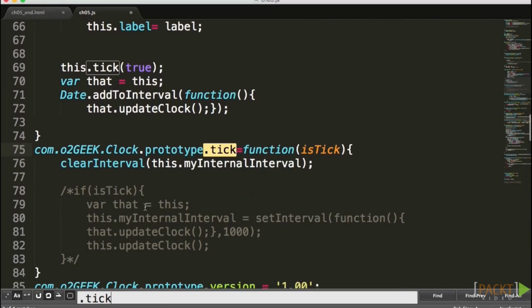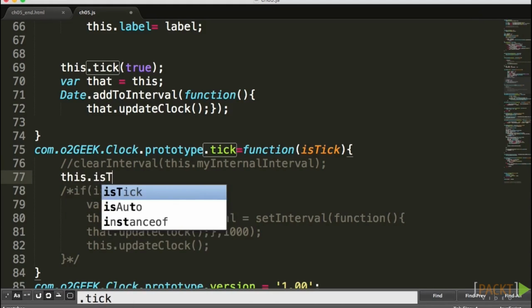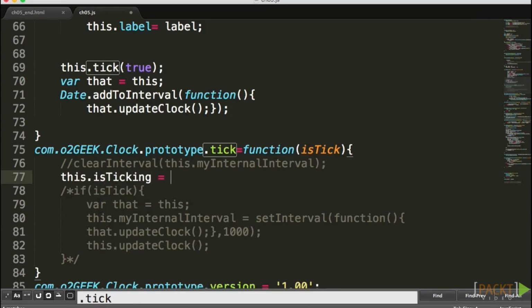So instead of clear interval, that's completely irrelevant now, right? We're not going to clear interval it. But what we could do is we could basically set our global isTick function, is ticking, set it to be whatever isTick is. And now we could literally go to specific places where we want to basically block the ticking